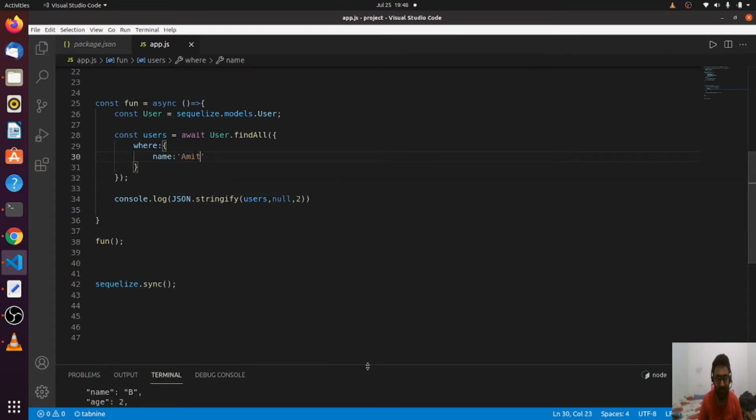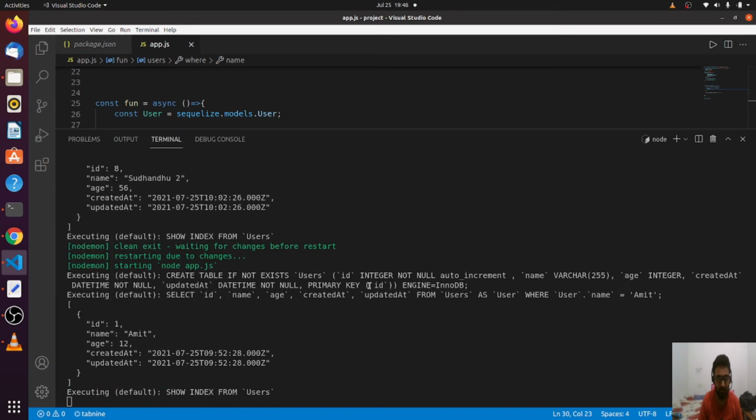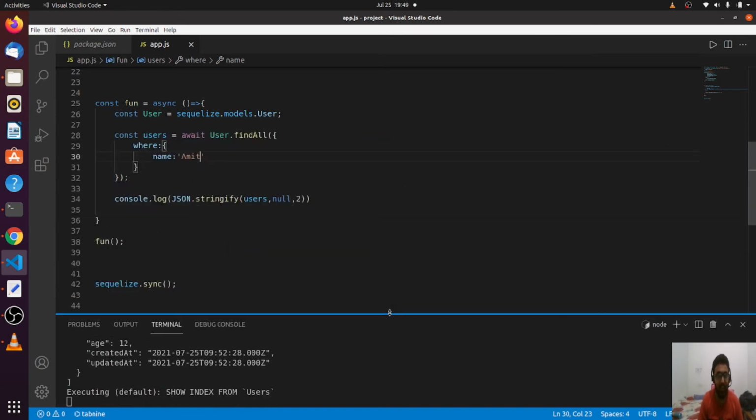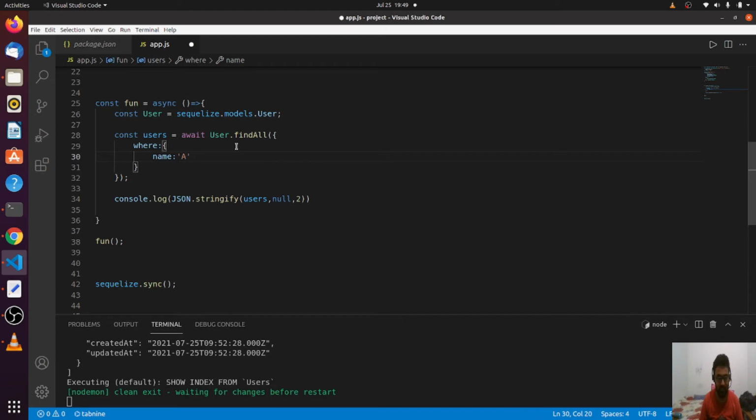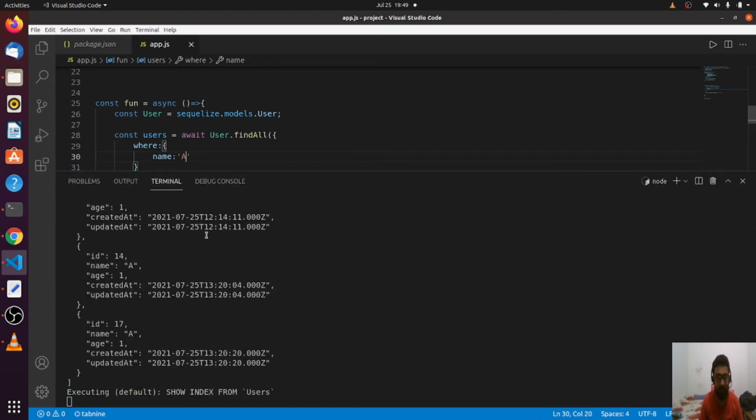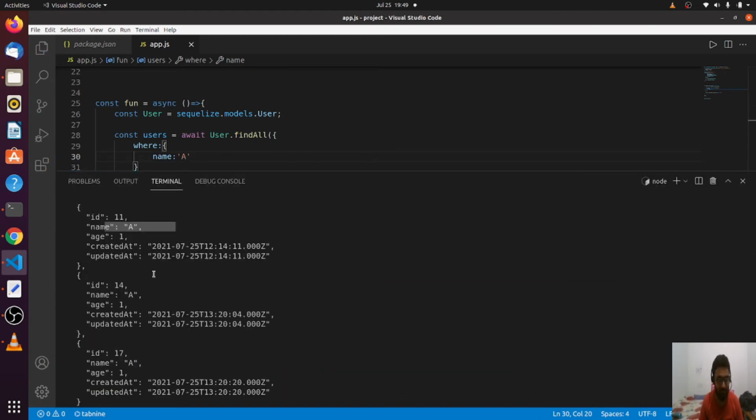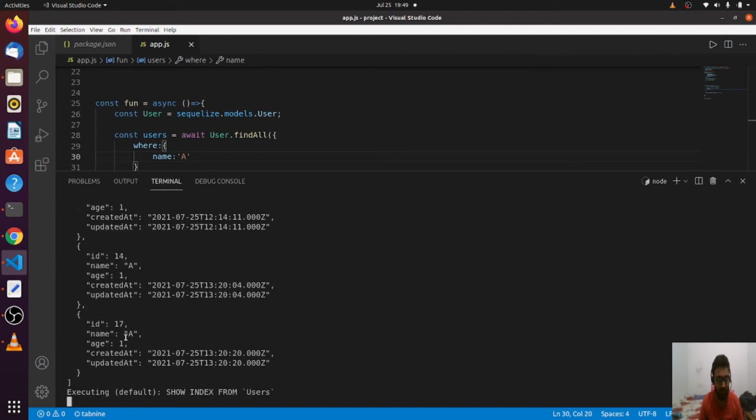Let me run this. I got Amit. Now, for the sake of example, I am choosing a user which has multiple entries. I am choosing A. Let's run this. So I got all the users with name A, with ID 11, ID 14 name A, and again ID 17 with name A.